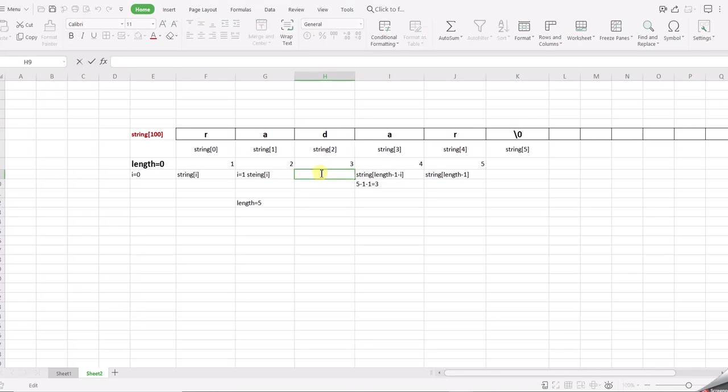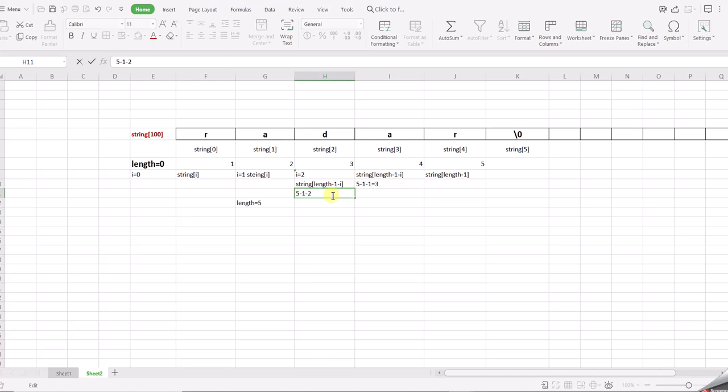Now once my i is incremented, my i value is going to be 2. So basically, I'm checking whether string of i, that means string of 2, is the same as, now I'm going to check over here again, string of length minus 1 minus i. So length is 5, 5 minus 1 minus i.